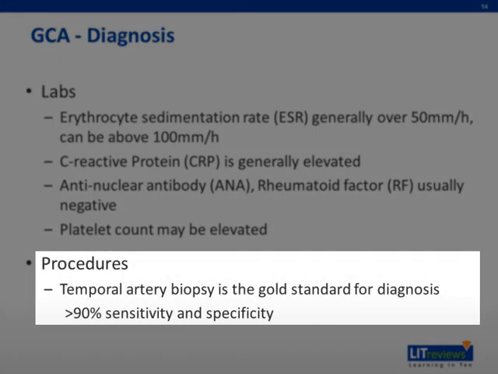The gold standard for diagnosis, however, remains biopsy of the temporal artery. Some studies report that biopsy has over a 90% sensitivity and specificity for diagnosis. Some centers perform bilateral temporal artery biopsies to improve the yield, as it is a fairly low morbidity procedure. It is important to note that if there is a high enough suspicion for GCA, treatment should not be delayed while waiting for the performing of the biopsy or awaiting results given the concern for possible irreversible vascular complications.